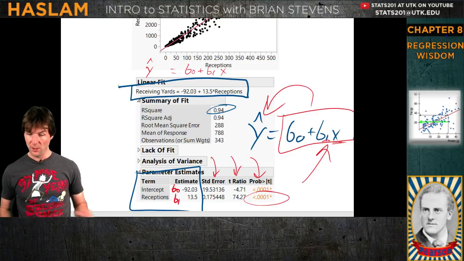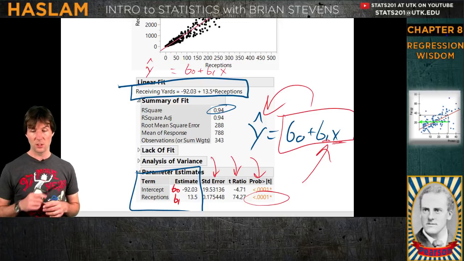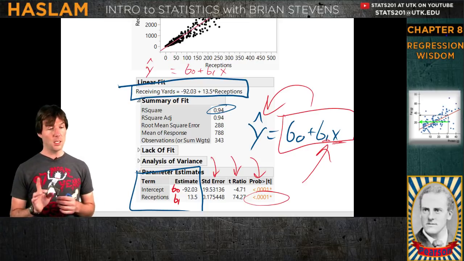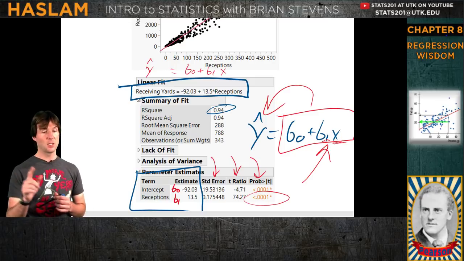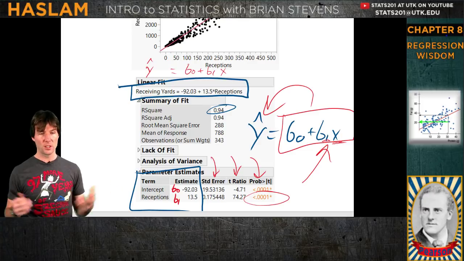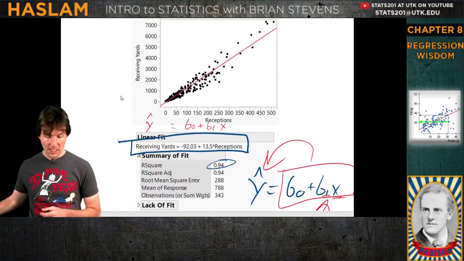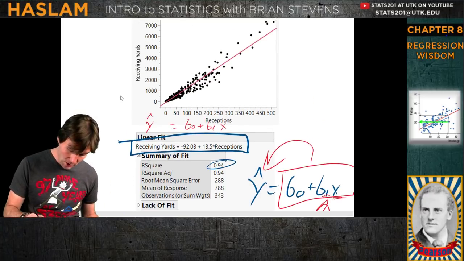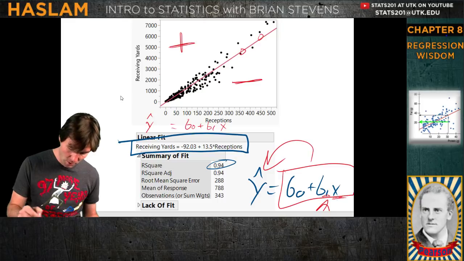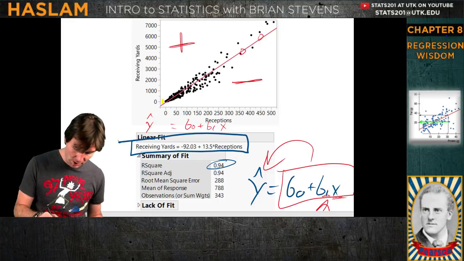So when receptions increase by 1, we would expect receiving yards will increase by. And adding in keywords there like "we would expect" is good because it's not saying this will happen, it's just saying what we expect according to the model. Because if you notice, not everyone follows the trend in the model. Some people have negative residuals, some people have positive residuals, and the people on the line have a 0 for their residual. But we do have a problem that we mentioned.